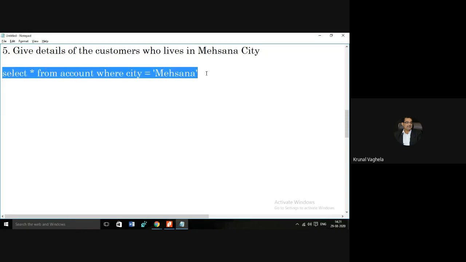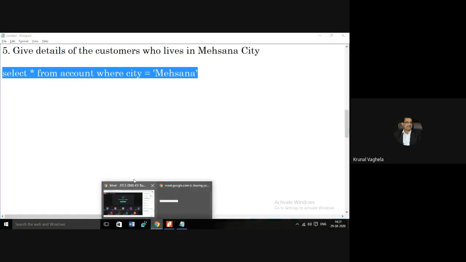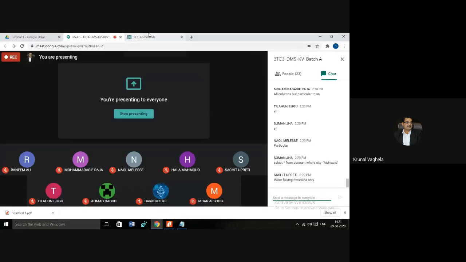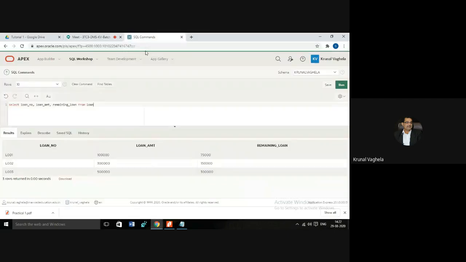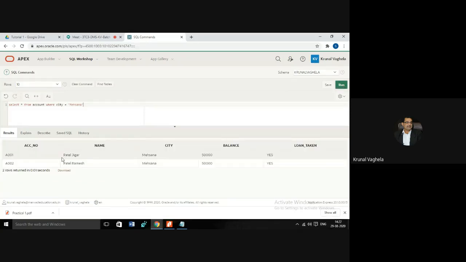Select star from account where city is equal to Mehsana. So Control V. I will get 2 records only. So what is this? Displaying all the columns but some particular rows.